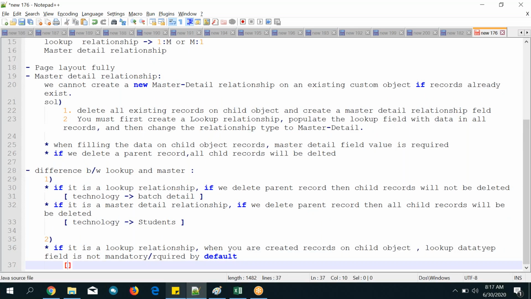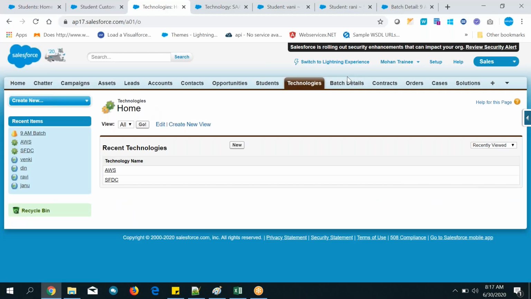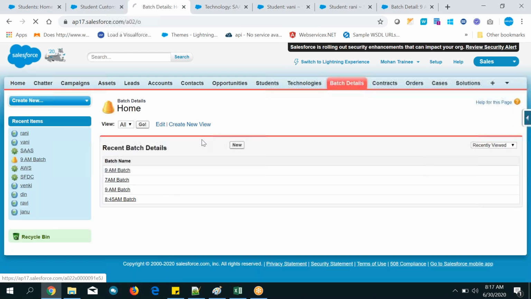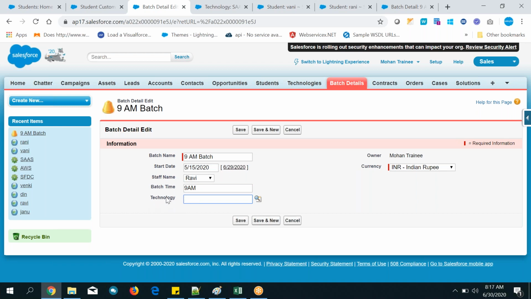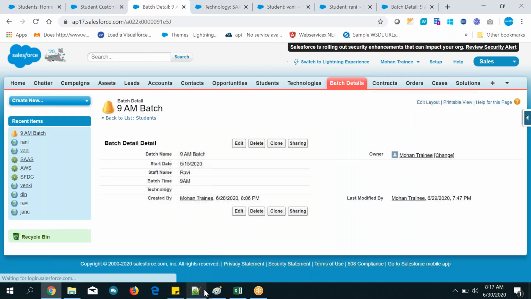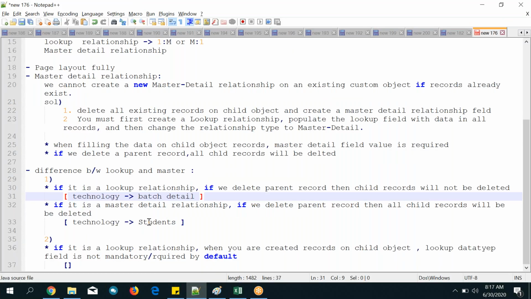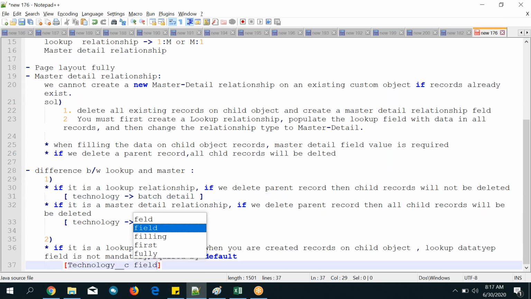For example, on the batch detail object, go to any batch and edit. Can you see the technology field? By default, this is a lookup field, so it is not mandatory. You can save it, no problem. The example is the Technology__c field on the batch detail object.